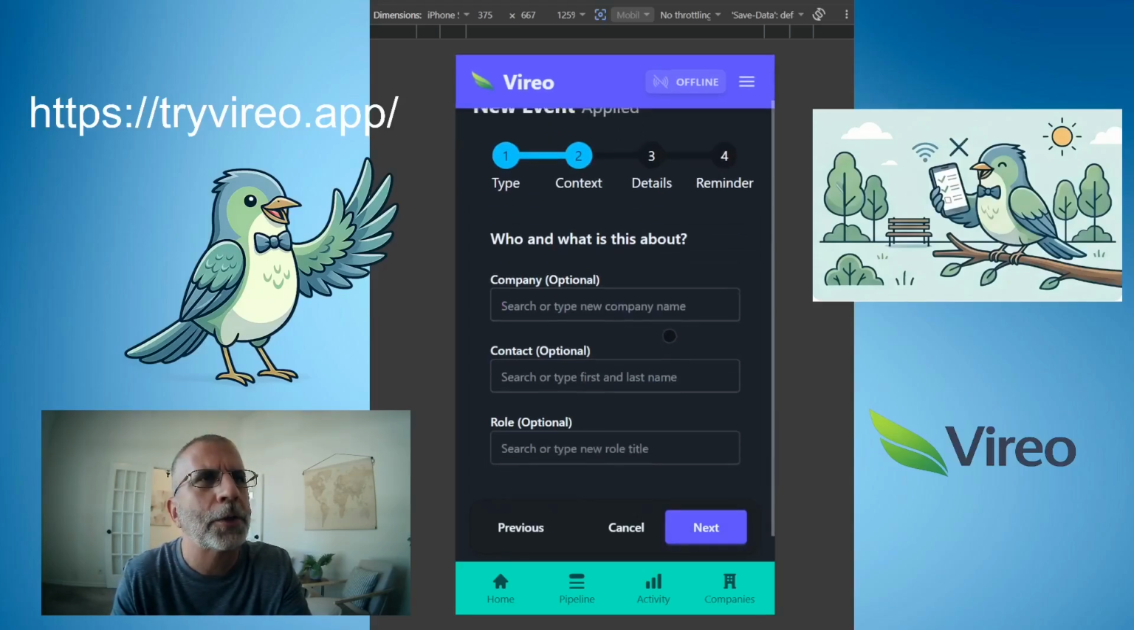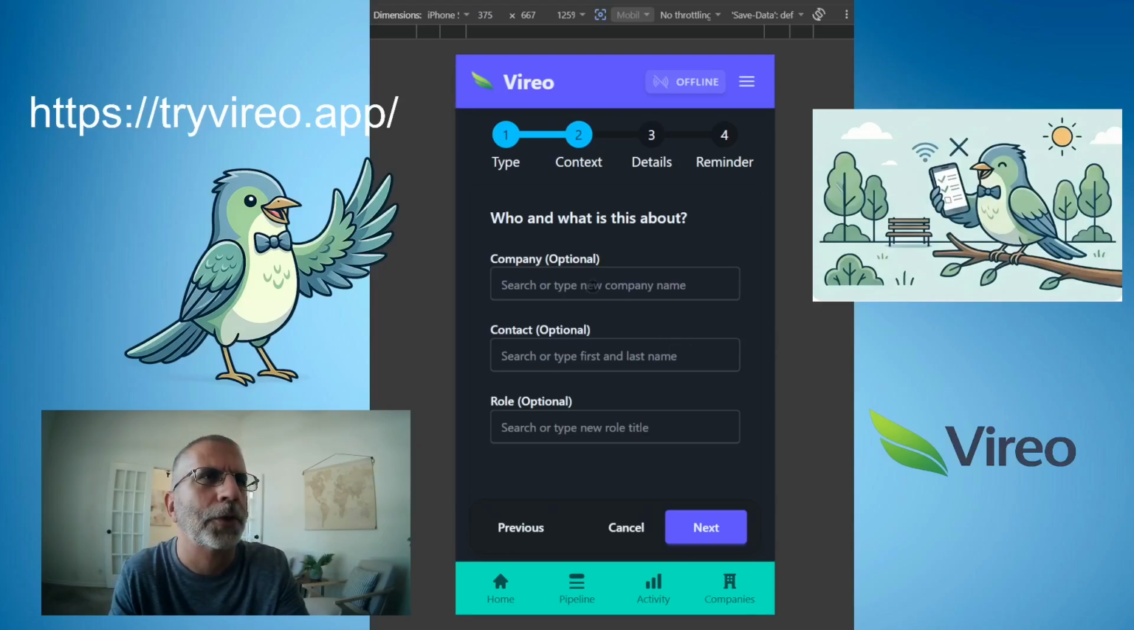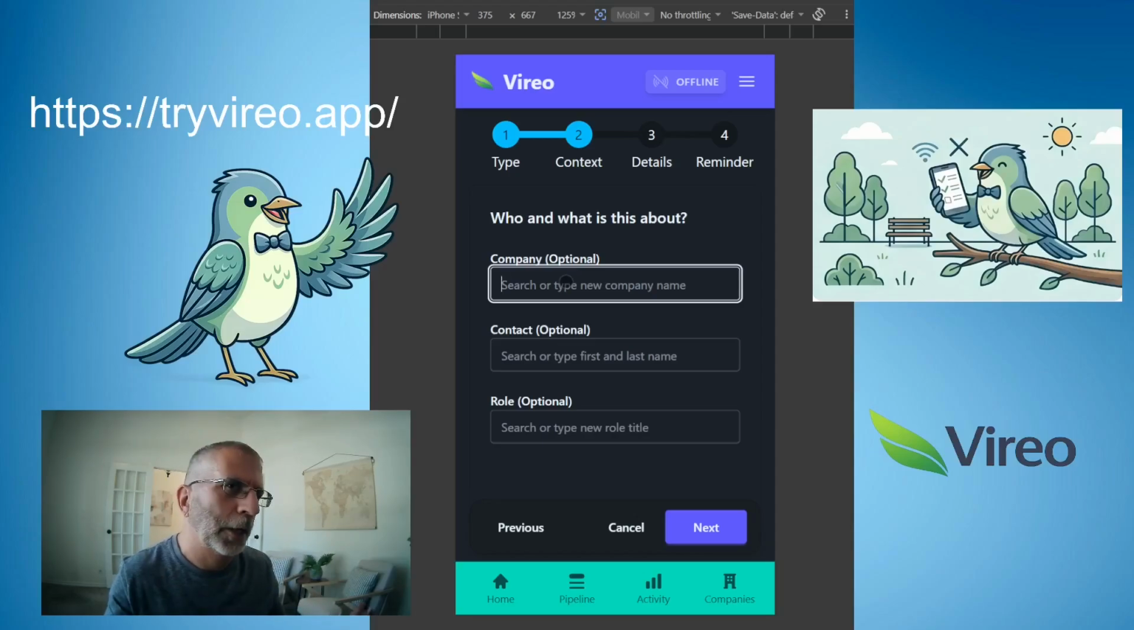And now it wants to know a little bit more context about what this is. Is there a company involved? Is there a role for that particular company? Is there a contact at that company? All these are optional. You don't have to really do any of these, but it is helpful to do some things for Vireo so it can help you. I'm copying and pasting AI generated data for the demo. So we'll paste in this